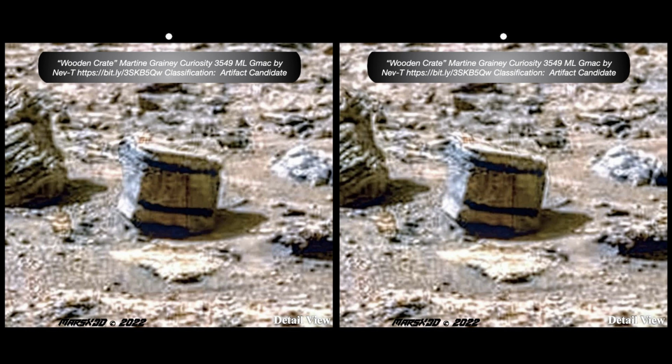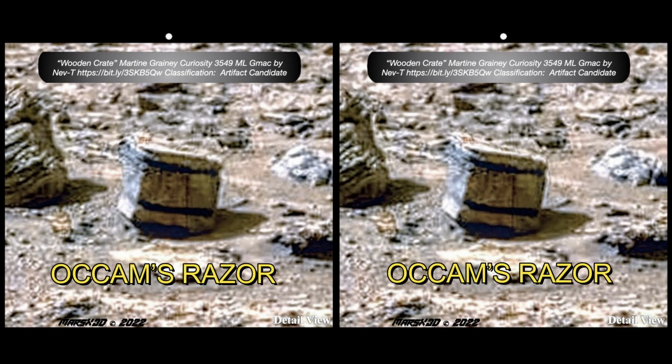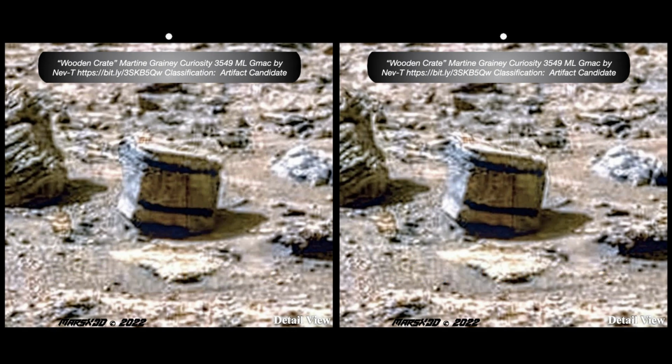Here's the point. As a skeptical observer with what I hope is an open mind, as long as there are geologic analogs to be found in the immediate area, I feel that their presence detracts from the uniqueness of any particular find. In other words, Occam's razor is applied once again in the search for the simplest explanation. Nevertheless, this is a beautiful find by Martine, but because of the foregoing, that's why I'm classifying this as an artifact candidate. And before I make Martine irretrievably upset with me, let's take a look at something else she found